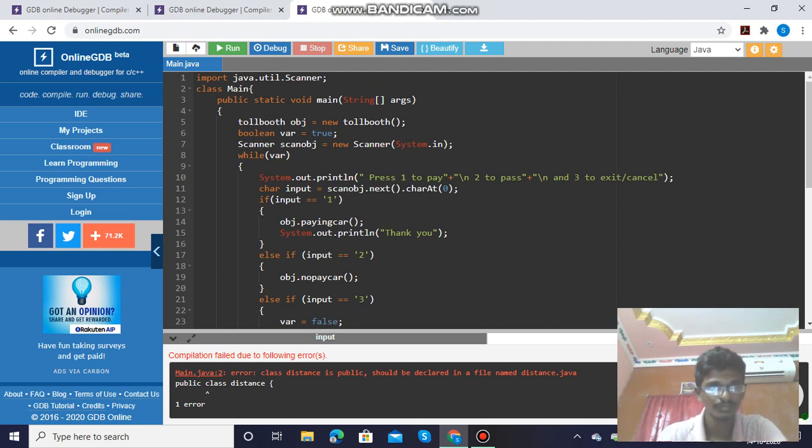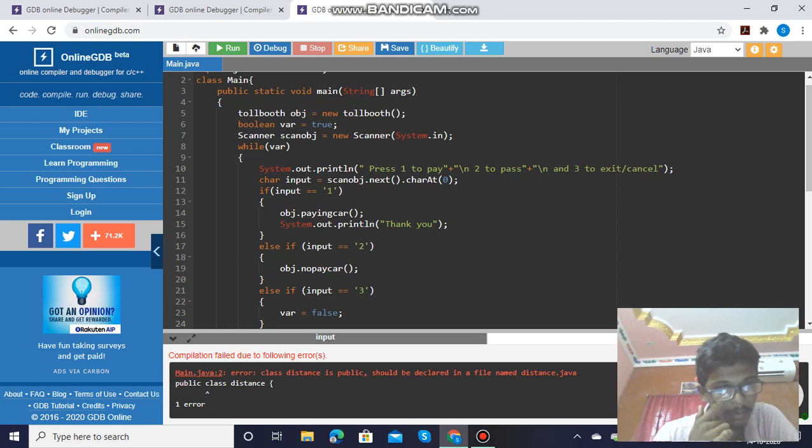And the third program: we import the Scanner class from the java.util package, then write public static void main, and use the Scanner class to read character data from the user using an infinite while loop that prompts the user to enter any character.